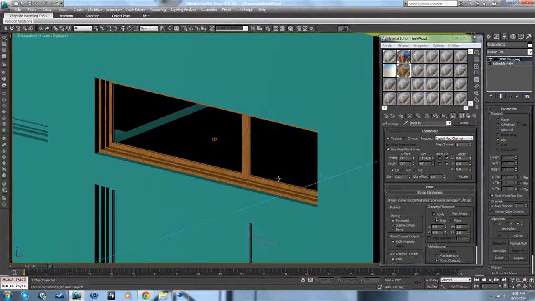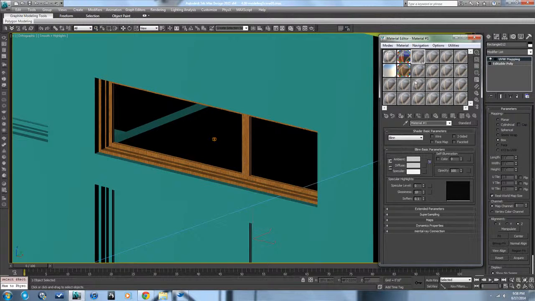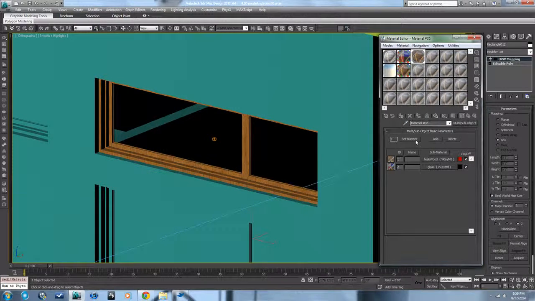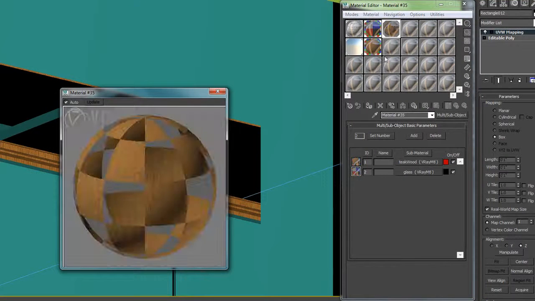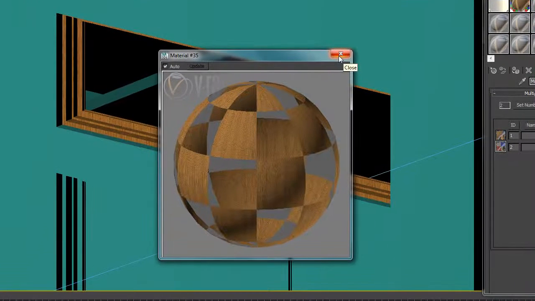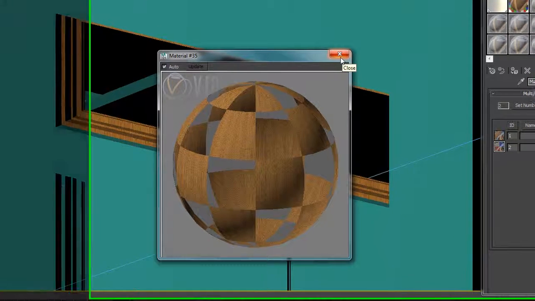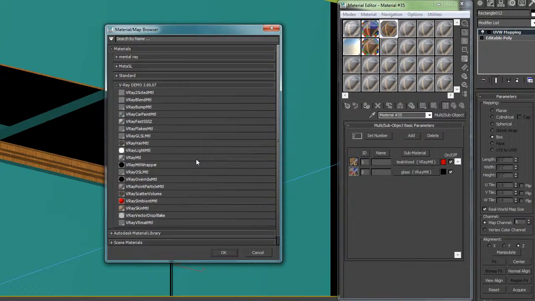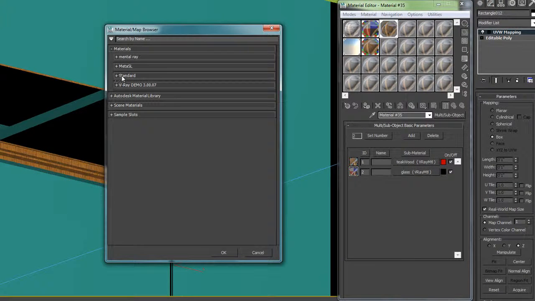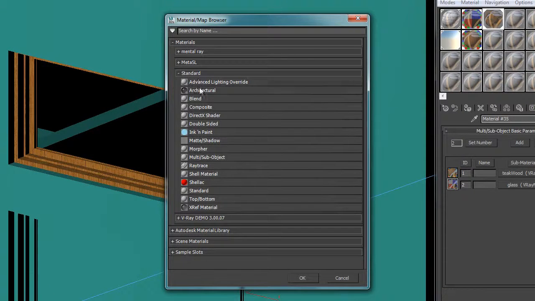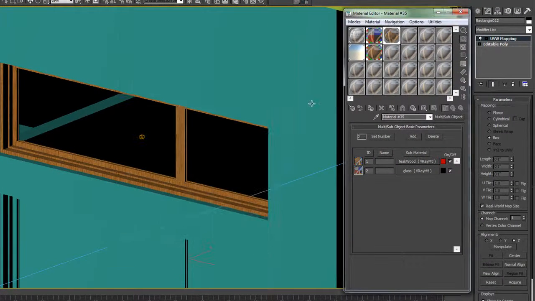Now that we've done that, this one object actually has two materials on it, and they're these two materials here. But you can actually get those two materials together. If you take this pick material from object button, this little eyedropper, and select this like that, it's showing you a different kind of material. Because when you apply materials in sub-object mode, it actually creates a new material, and it's called a multi-sub-object material. And you can see in here, multi-sub-object is just a standard kind of material. It's right here, multi-sub-object. And what it does is,